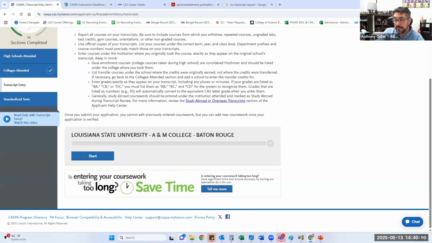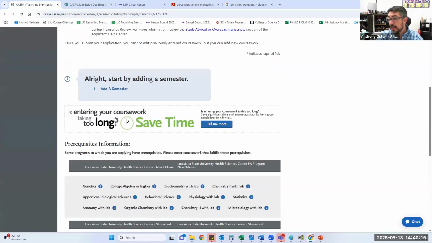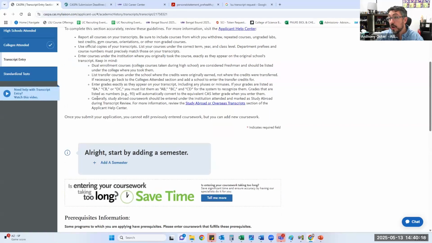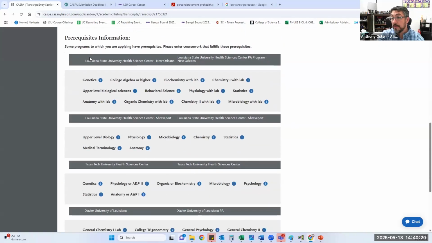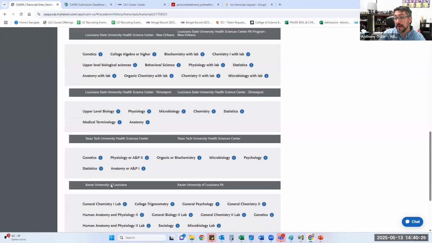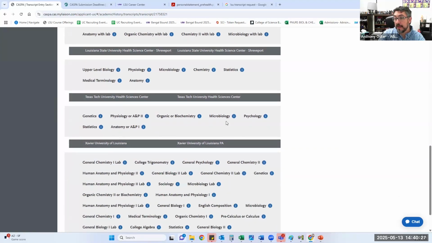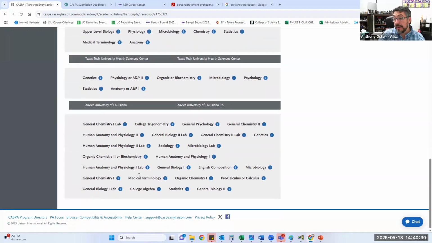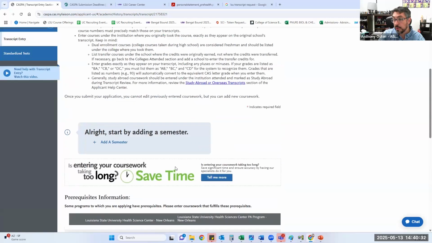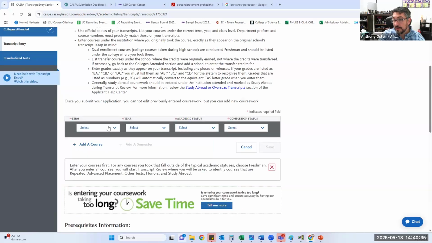And then that will pull up LSU. It'll pull up any other colleges that you've loaded in. And I am just going to start. Oh, one thing I'd like to show you too is it will show you each school and the prerequisites that they require. So you'll want to make sure that you have these lined up as you're entering in your coursework. We'll add a semester, and because my example said fall 2024, that's just what I'm going to put here. I pulled a freshman, so